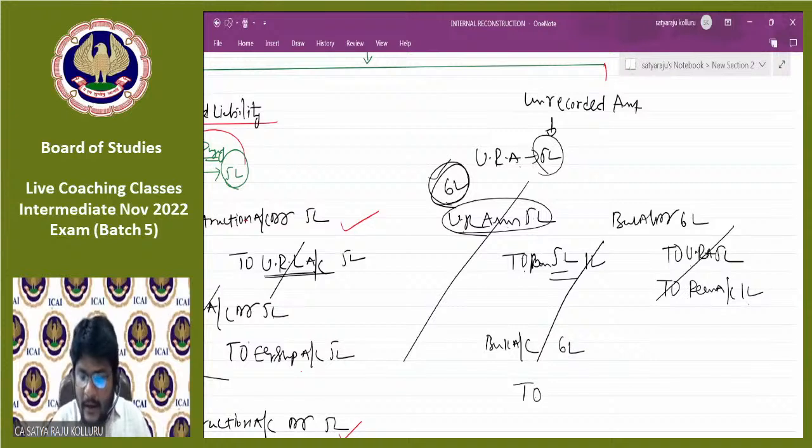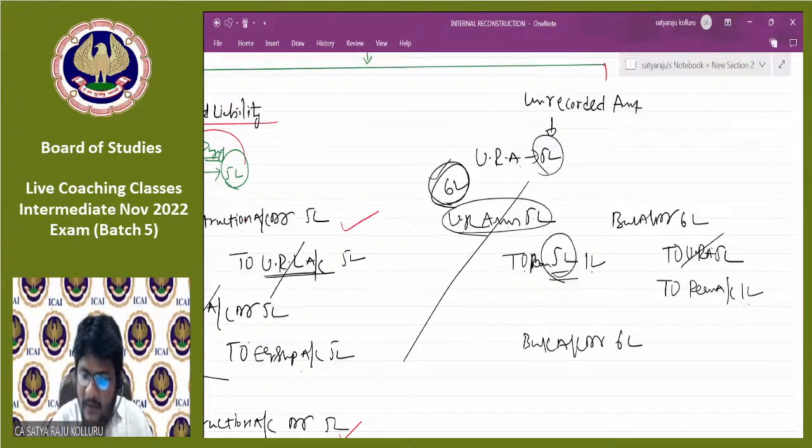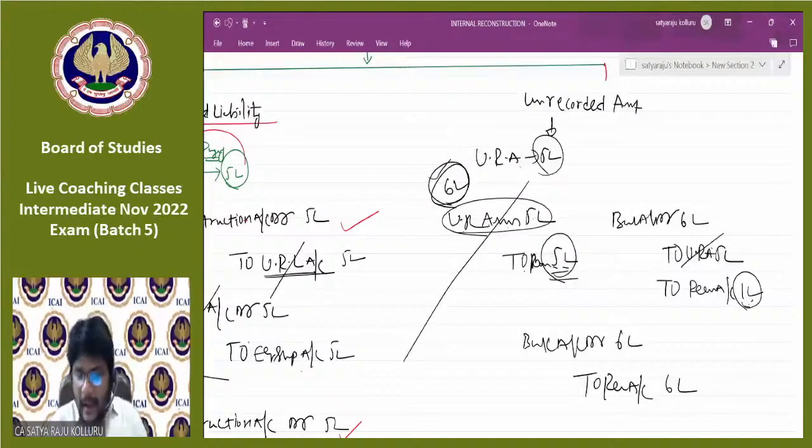Now, there is no cancellation of reconstruction. There is only cancellation of unrecorded asset and asset. Now the entry is bank account debtor 6 lakhs. Here reconstruction credit 5 lakhs. Here reconstruction credit 1 lakh. Total 5 lakhs plus 1 lakh, 6 lakhs. So the entry is reconstruction 6 lakhs. Again proved here,